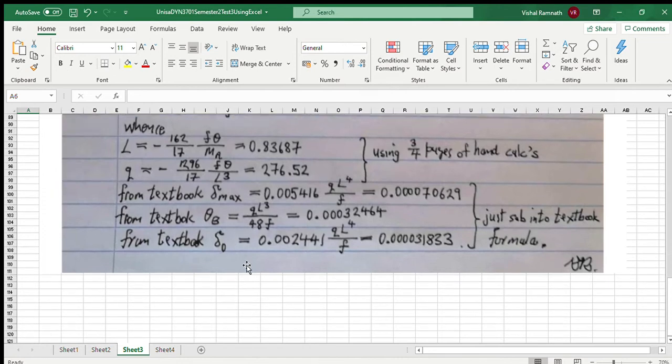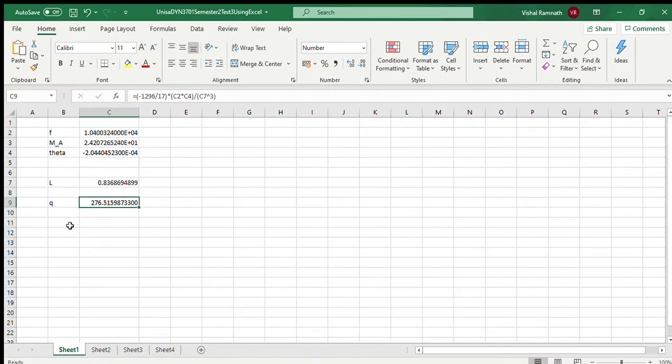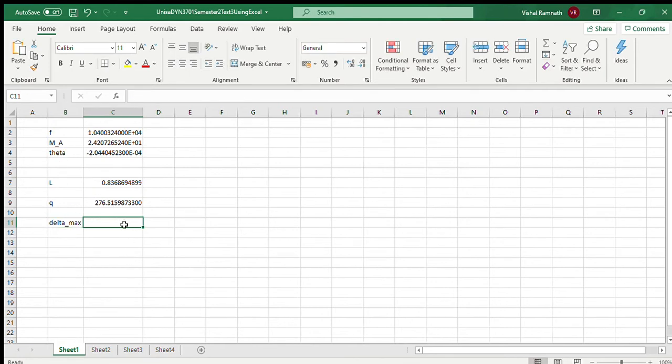So in the test, we had these special formulas, and these are obviously a special case where we know what the formulas are. And I'll show you a bit later in the video how to work this out if you don't know what the formulas are. So for the special case, I can just enter in the values for delta max. So let's do that. So I will then have a formula for delta max. If it's not wide enough, just double click on the line in between cells. It'll make it wide. So delta max is equal to